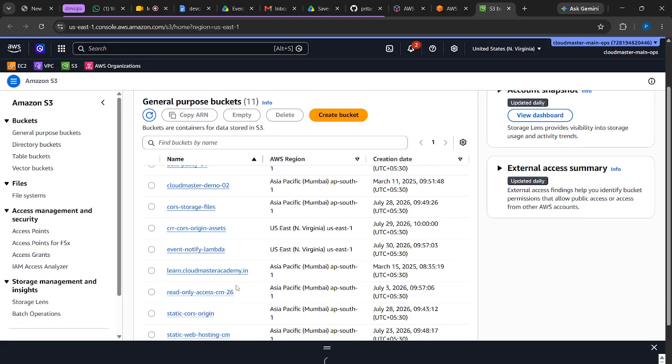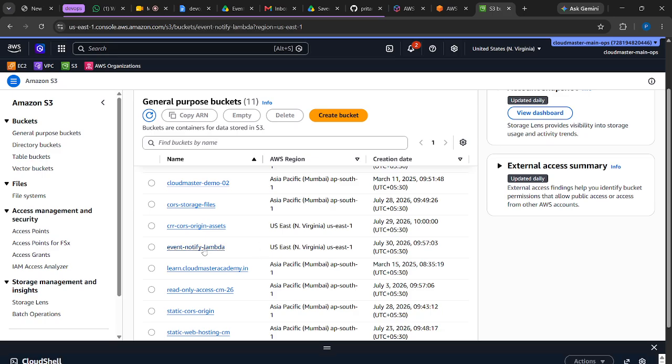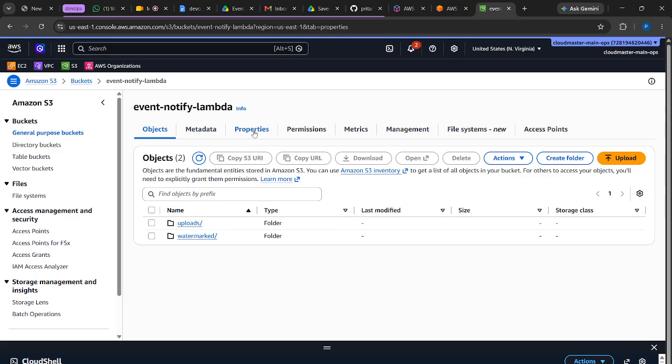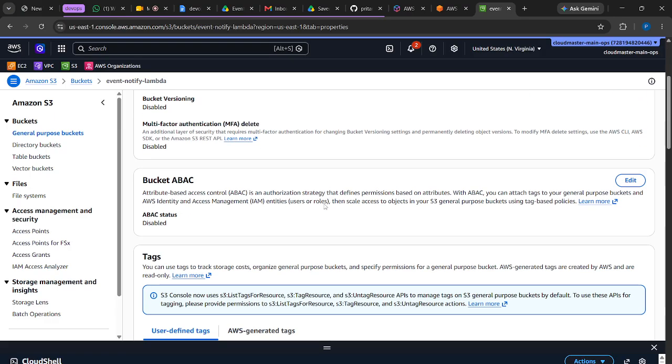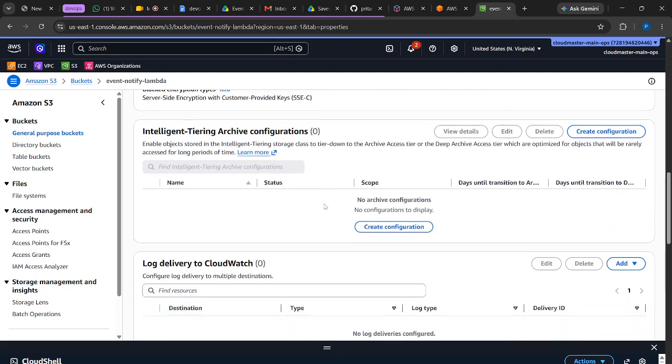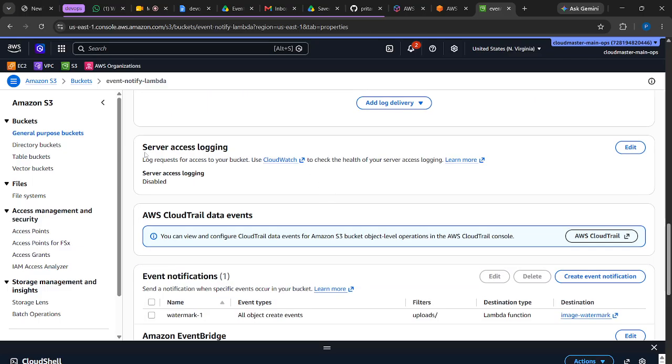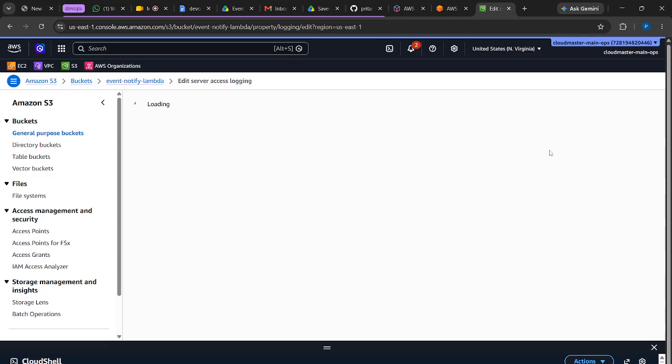We'll be trying to check this on the same bucket, event notify lambda, any bucket you can do. Get into properties. I think in properties we can find that option, default encryption, log delivery to CloudWatch. See here it is, server access logging, which logs requests for access to your bucket. Basically, this feature monitors all the requests that happen to this bucket. If you go and click on edit